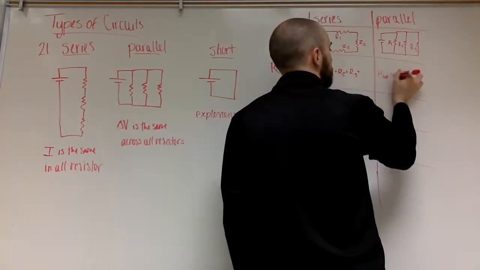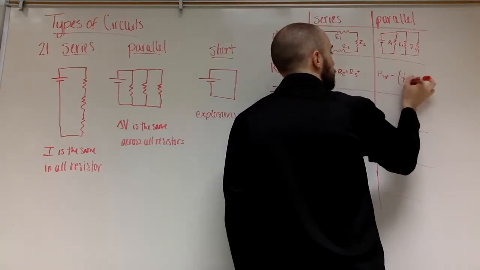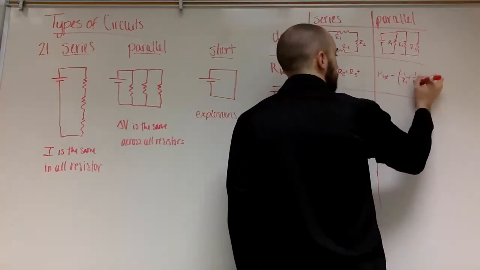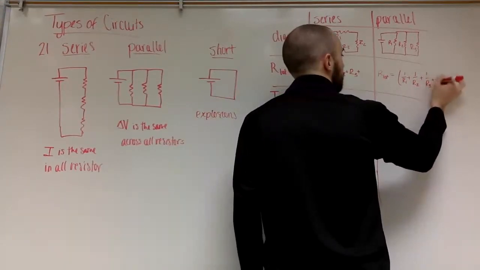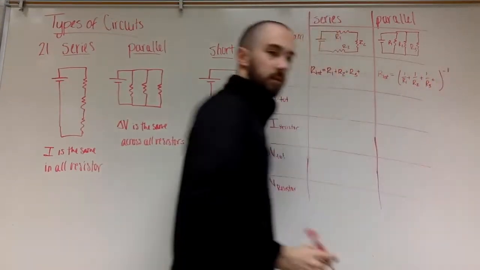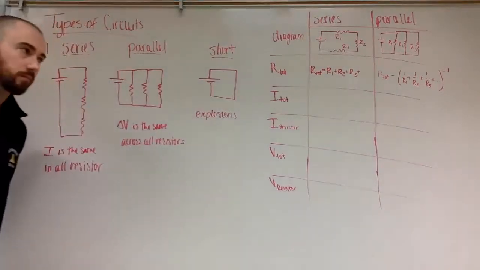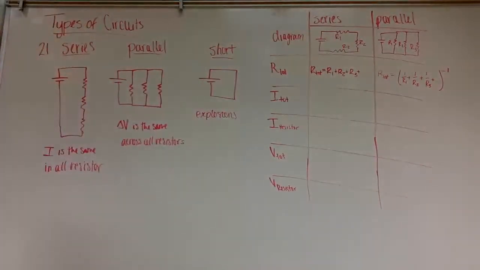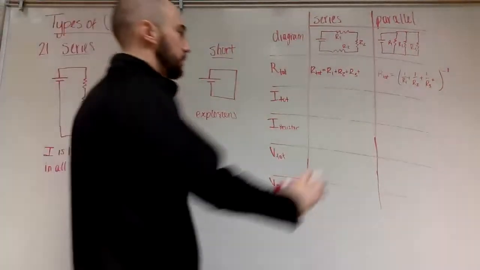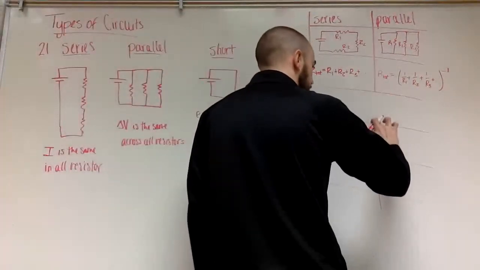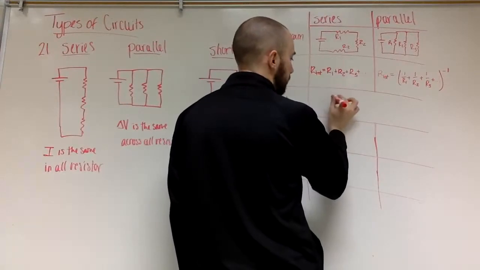So sum of your resistors, sum of the inverse of your resistors, and then you take the inverse of that. And you can do that for as many branches as you want. Now, to find the total current, and this is actually going to be true for both of them, all you do to find I total,